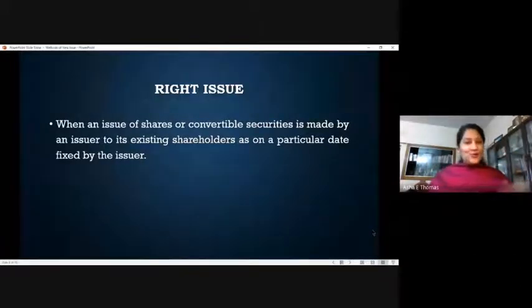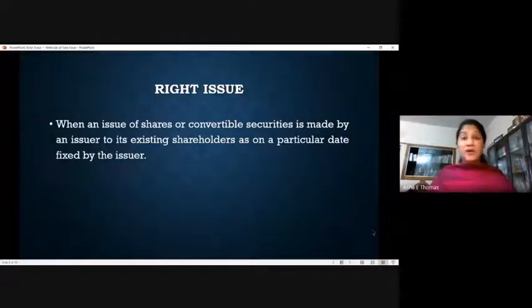So here you can remember the keyword, which is right. It's my right. Since I'm already the owner of this company, the company is giving me the privilege for that. So that's why this rights issue comes from the perspective of offering that to the existing shareholders. That's why it is named as rights issue. They would mark a date, maybe all those shareholders who are there in the books of the company till maybe August 31st.